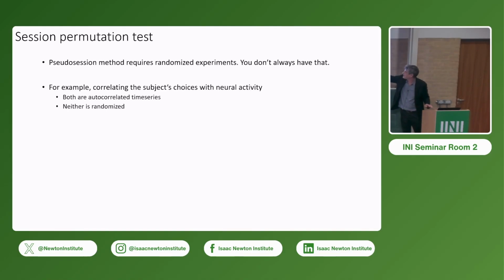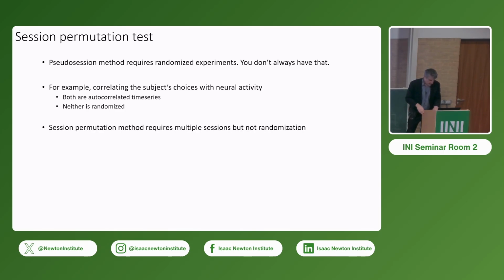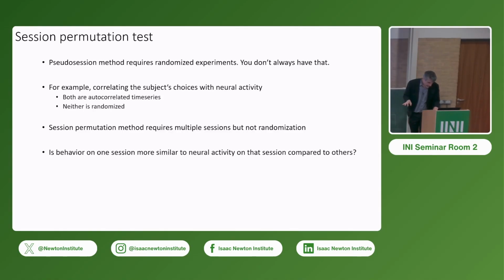So the pseudo-session method needs randomized experiments, but we don't always have that. If we're correlating the brain activity with the behavior, we don't have anything randomized. If we're correlating the neural activity with the choices, we don't have anything randomized. Neither of them was randomized. Both of them are autocorrelated. But what we can do is take account of having multiple sessions of the experiment and do a